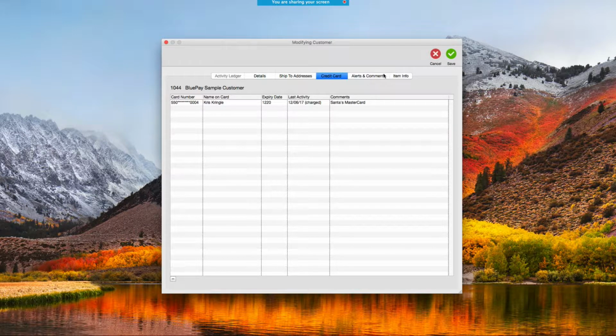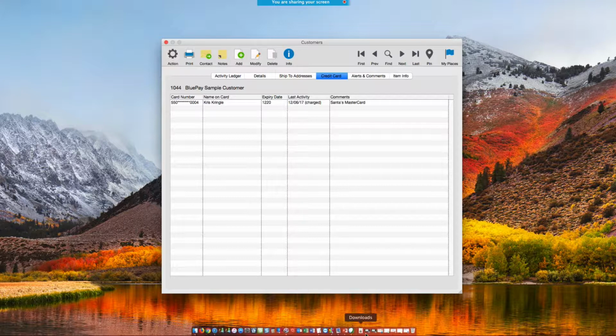So simple as that. So that's basically, what card do you have? I want to verify, or I need to remove something. Those are the kinds of inquiries that you might get with regards to that. And that basically rounds out the setup and how to use the processing of the credit cards with BluePay and Connected. So with that, we'll just quickly flip back to the PowerPoint, and before we do that, I will bring up the